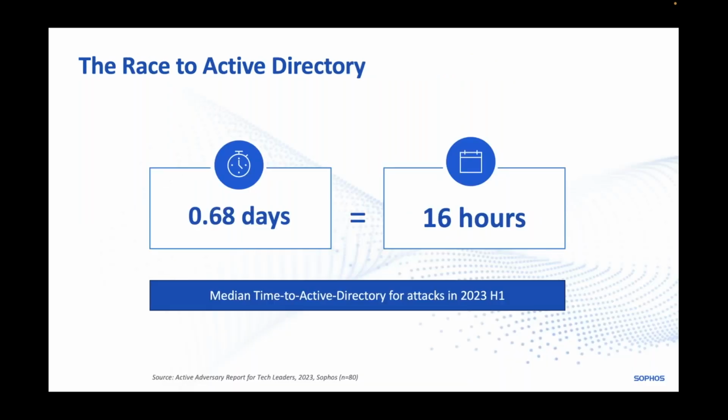And one of the ultimate goals is typically Active Directory. Obviously once you've got hold of Active Directory with appropriate accounts, you've effectively got the keys to the kingdom at this point. And now we're seeing that attack time dramatically reducing, and the median time to get hold of Active Directory is typically 16 hours into an attack. The cyber criminals are now owning your directory structure.